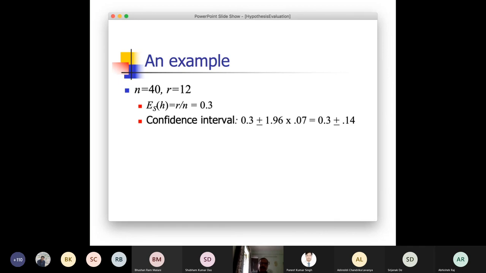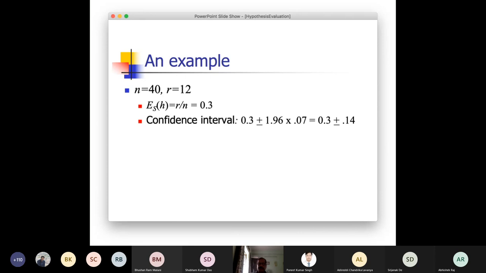Say you have a test data set, basically a data set on which you will be checking your hypothesis. So let us consider a sample set in that case. You have a sample set of size 40, out of which 12 are erroneous. Erroneous means their prediction is wrong with respect to your labels. So your estimate of the error, the fraction of erroneous labels, is r by n,